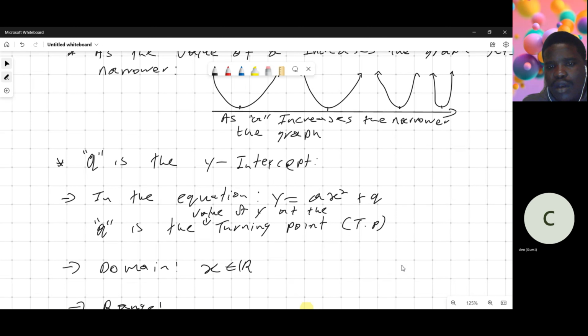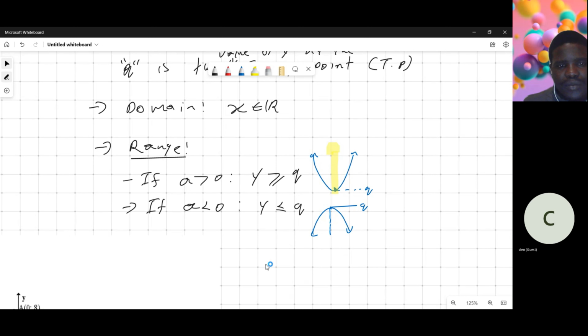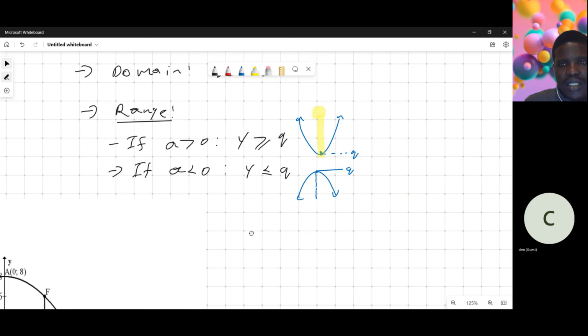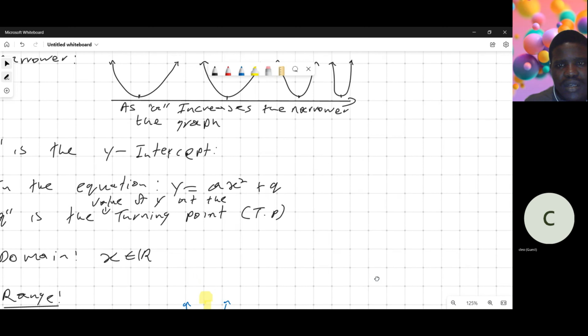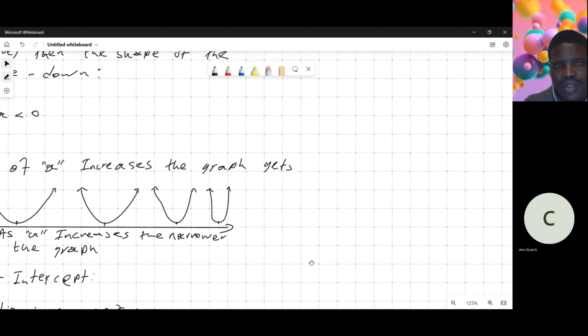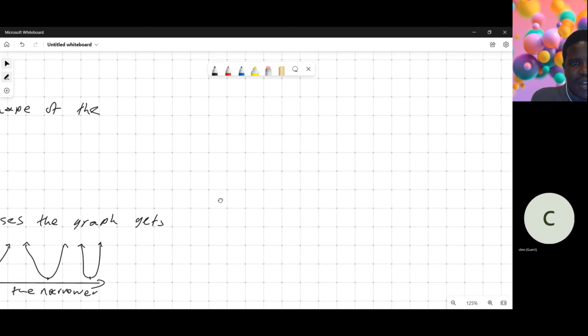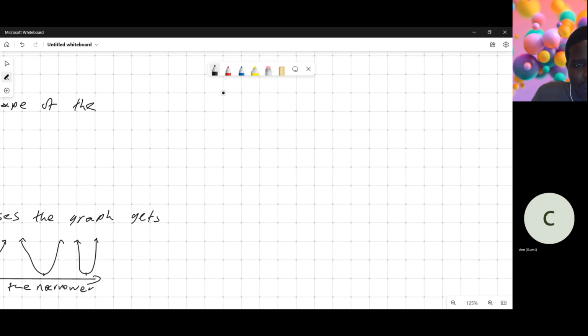Another thing that we must not forget, let me address it on the example. So let's have our first example, the first example on sketching the graph. Example: sketch the graph